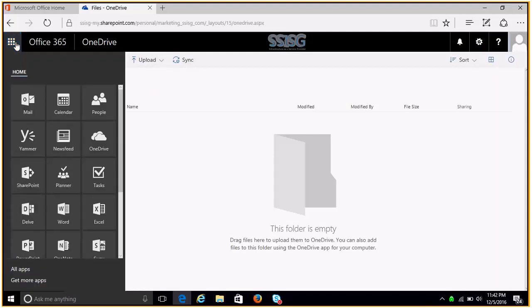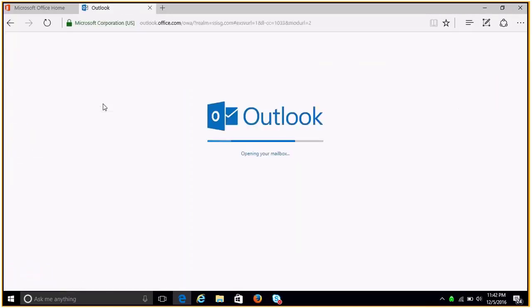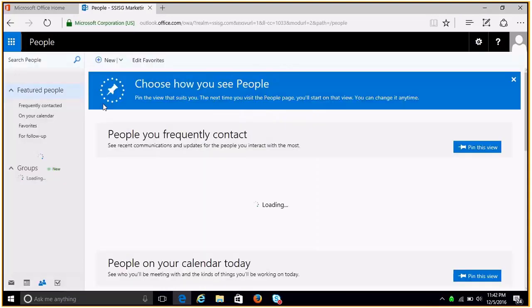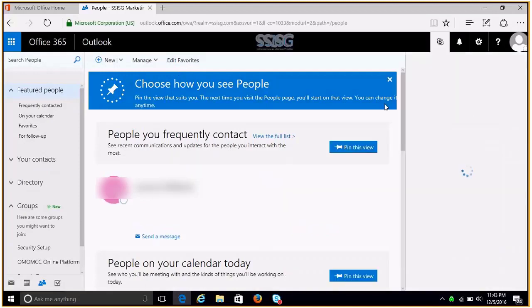So we've gone over mail, we've gone over calendar, and we've gone over OneDrive. Let's take a look at people. And this is where all your contacts are going to be. So let's take a look at that. Okay, so right now what we're looking at are people that we frequently contact, and what we have in this demonstration are users that you contact on a regular basis, frequently contacted people, people that are featured within the calendar